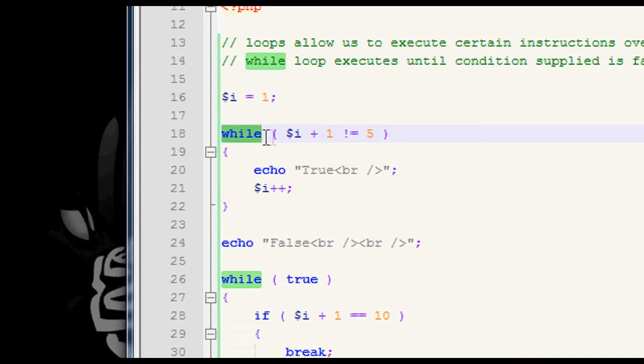Now after declaring and assigning that, it reaches the while loop and it first checks the condition before it goes in. It says, is I plus 1 not equal to 5? Of course 1 plus 1 is equal to 2, so 2 is not equal to 5, so it echoes out true, and then it increments I by 1, so now I is 2. Then it checks the condition again, and it says, is 2 plus 1 not equal to 5? 2 plus 1 is 3, so 3 is not equal to 5, so it again echoes out true,